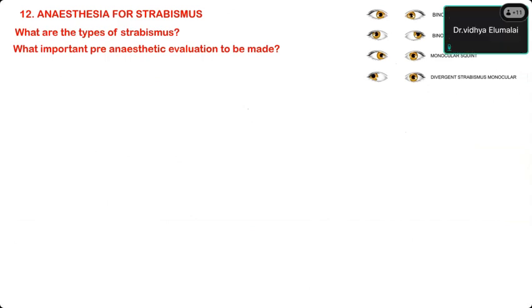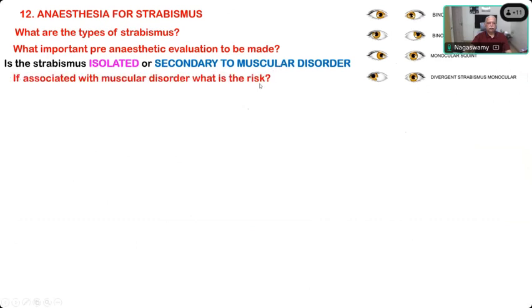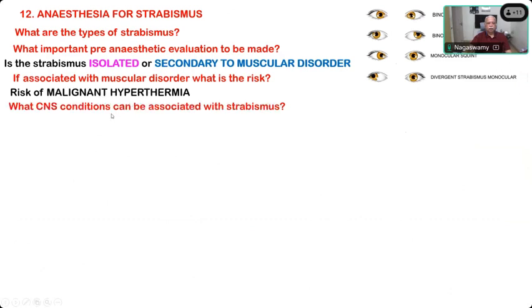Visual acuity the ophthalmologist will take, not you. What are you going to do by asking for visual acuity? Is it going to see the Snellen's chart during anesthesia? Two important things: isolated or secondary to muscular disorder. It's a very, very important thing. Duchenne's muscular dystrophy is commonly associated with that. So the patient may have muscular weakness or it may be associated with a history of malignant hyperthermia. So which muscular disorder is a risk of malignant hyperthermia, and